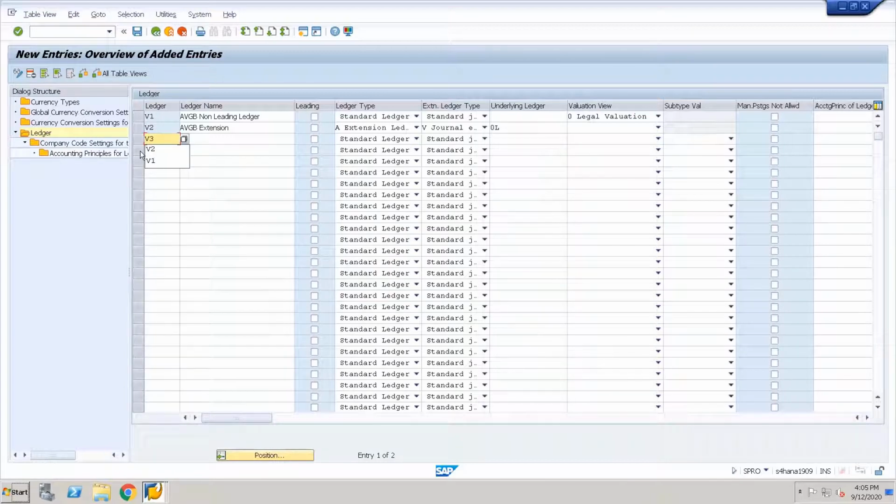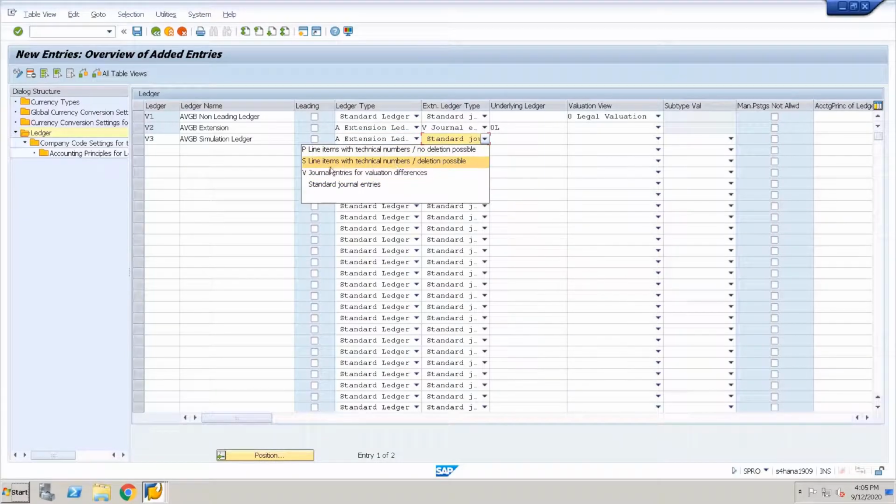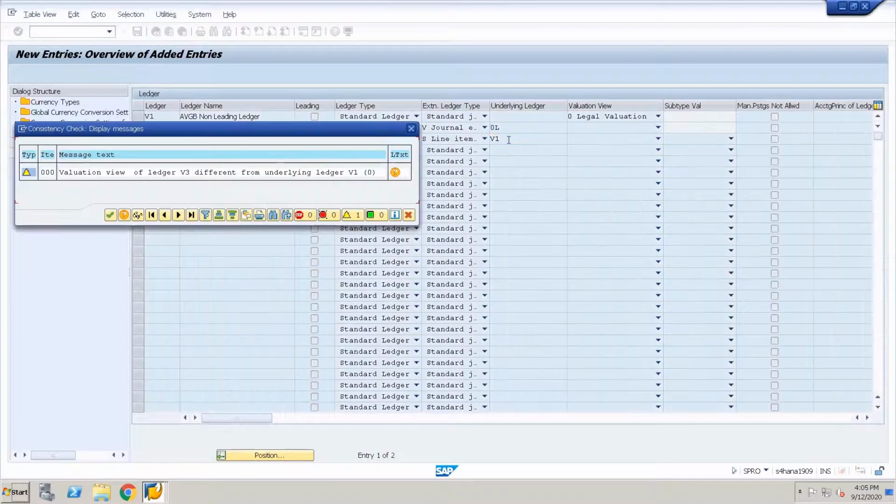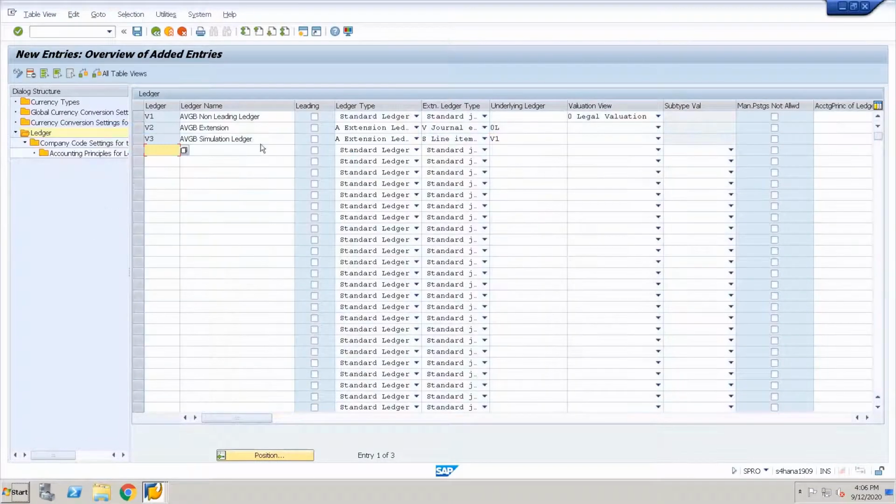And now let us define another extension ledger. Here we will define it as a simulation ledger. So again, this is of an extension type. Here we are having line items, technical numbers or deletion possible. So for this one, I will take V1, which is my underlying ledger, as my non-leading ledger, and the valuation view is legal.